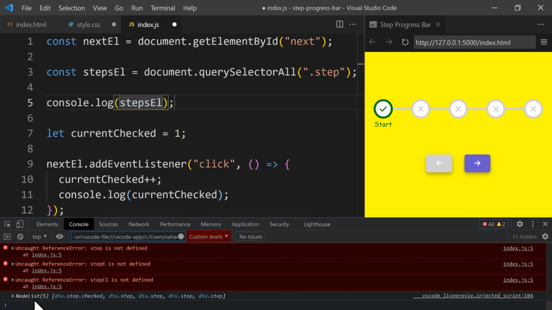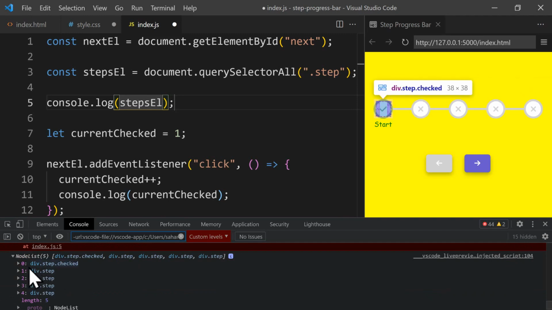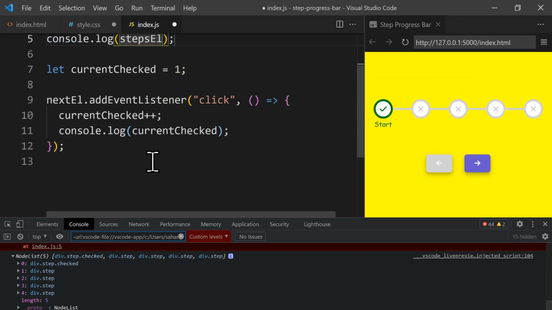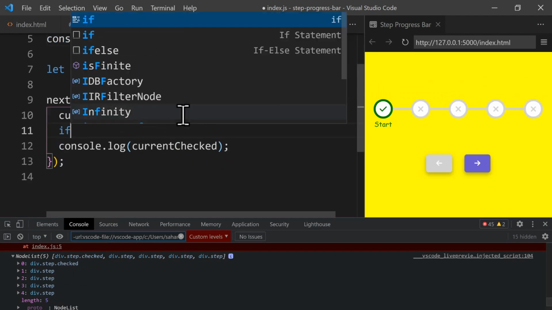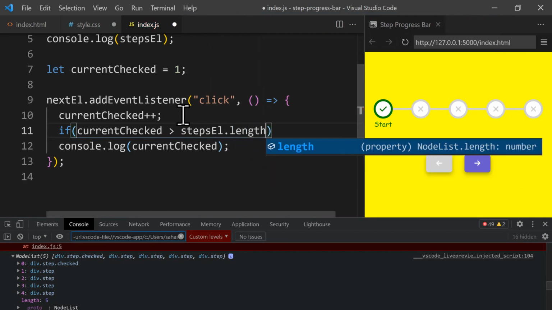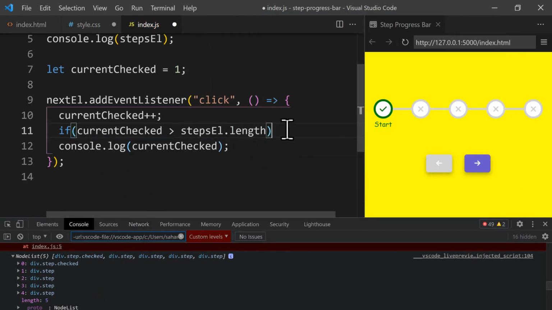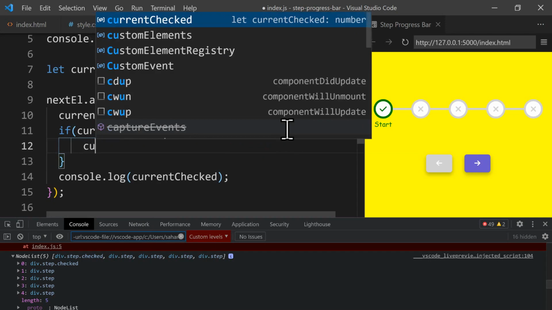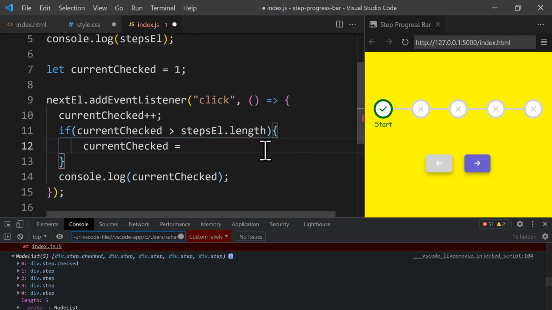You can see we got a node list with the 5 elements. So we open it, you can see that we have 0, 1, 2, 3, 4, which then the length is 5. So here we want to say if the current checked is greater than the steps element dot length, which is 5, you can see here. If it's more than 5, just set the current check to the length of it,